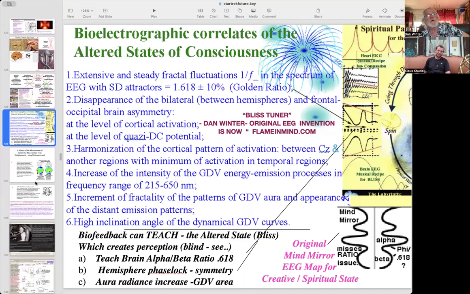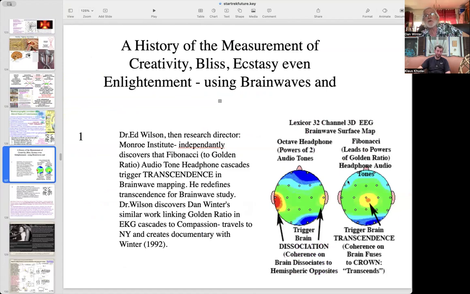So this is the early work at showing golden ratio in brainwaves correlates with peak perception in children behind flameinmind.com. This shows when you do have golden ratio heterodynes, the zone of coherence in the EEG goes from the dissociated EEG coherence at the hemispheric extremes here by the ears. Instead, with golden ratio Bliss binaural beat implosive sound from flameinmind.com, flame in sound, the zone of coherence in the brain waves moves to the transcendent top of the head. Literally, the top of the head lights up.